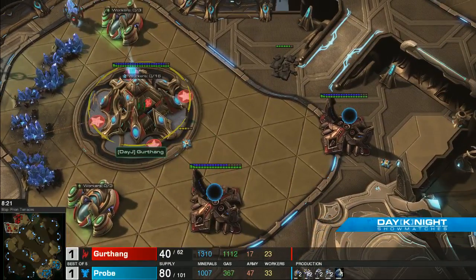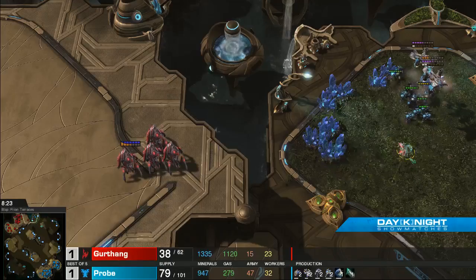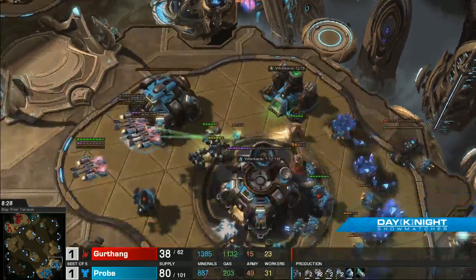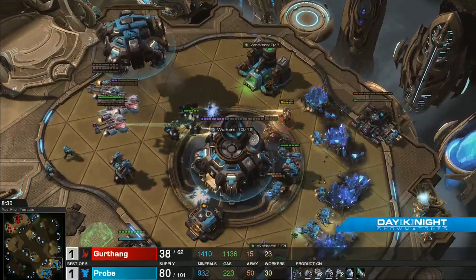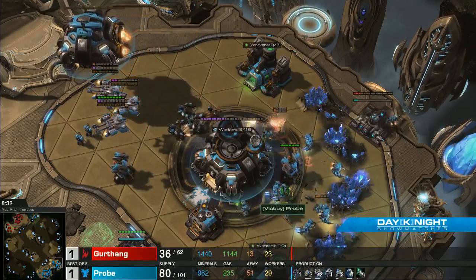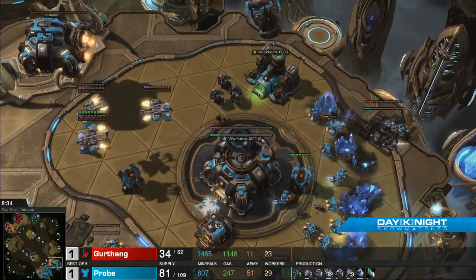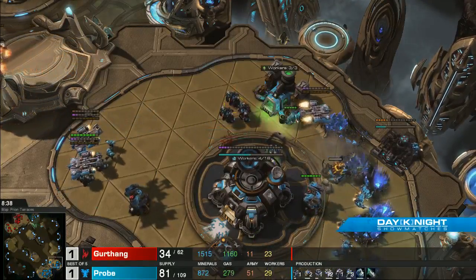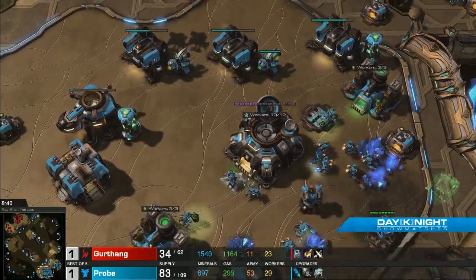They're spread all over Gurthang's natural. Yeah, and we see a small little adept drop coming into the natural of Probe. It's going to be able to pick off some SCVs, but it's not going to deal nearly enough damage. And the unfortunate thing is Gurthang isn't macroing behind this. Whereas Probe is just continuing to churn out units, continuing to churn out upgrades,